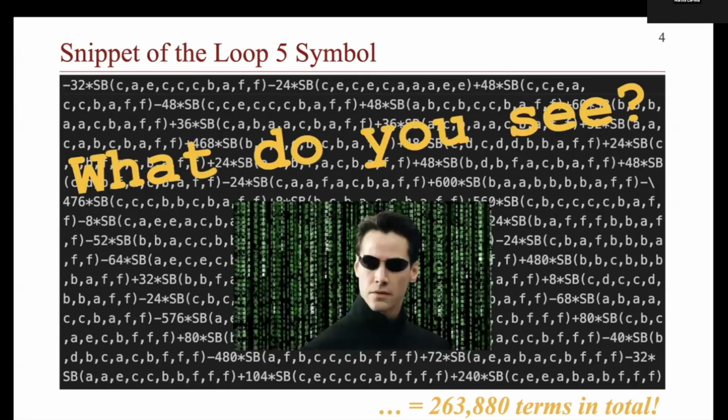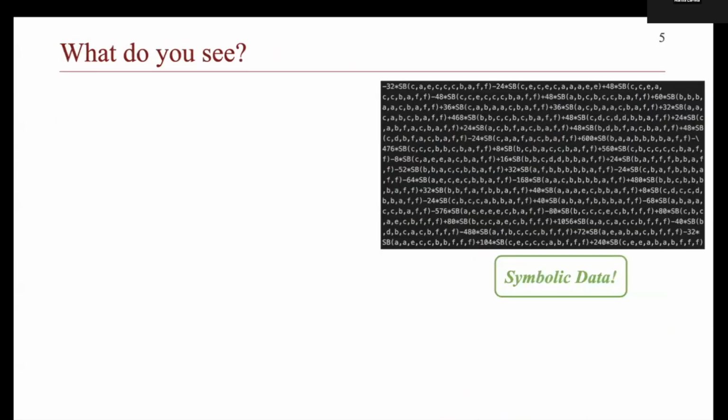Right? So what do you think? Don't be shy. Just shout out whatever you see. This seems to be pretty different from the usual data that we see in collider physics or in astrophysics or cosmology. In some sense, this is symbolic data, although we are still far away from doing really symbolic manipulation, as Matt was suggesting on Monday. So what do you see? What is this?